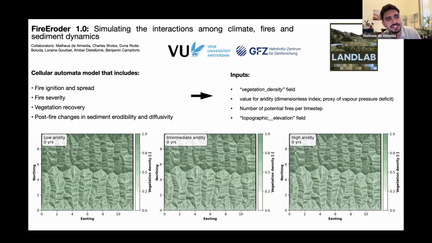Yeah, so I've already introduced myself. Since I started my PhD, I have been working with Benjamin, and this full list of collaborators, but mostly Benjamin and Charlie Shoub as well, on this fire roller. I can improve the name later. The idea is to simulate the interactions among climate, fires, and sediment dynamics. So we developed this cellular automata model